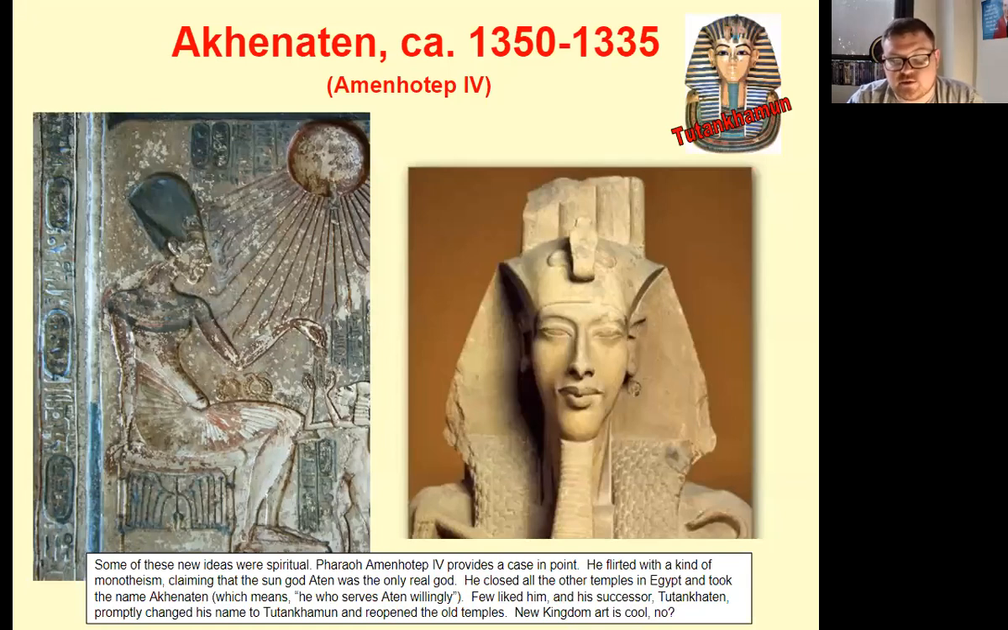Akhenaten. This is really important. Some of the new ideas were spiritual. Pharaoh Amenhotep IV provided a case in point. He flirted with a kind of monotheism. Mono means one God. Polytheism means more than one. He claimed that the sun god Aten was the only real god for Egypt, and he closed all the other temples in Egypt and took the name Akhenaten, which means he who served Aten